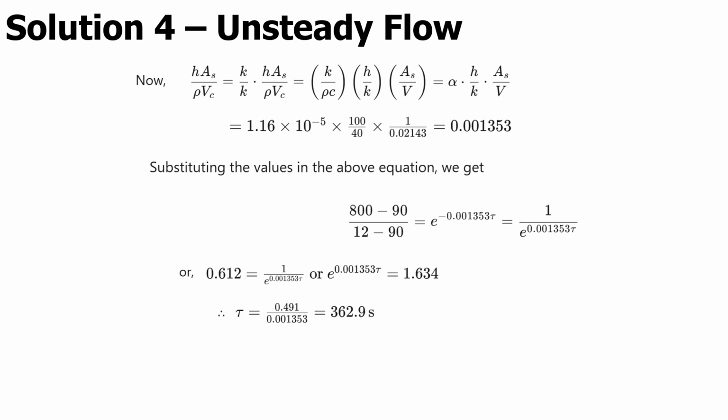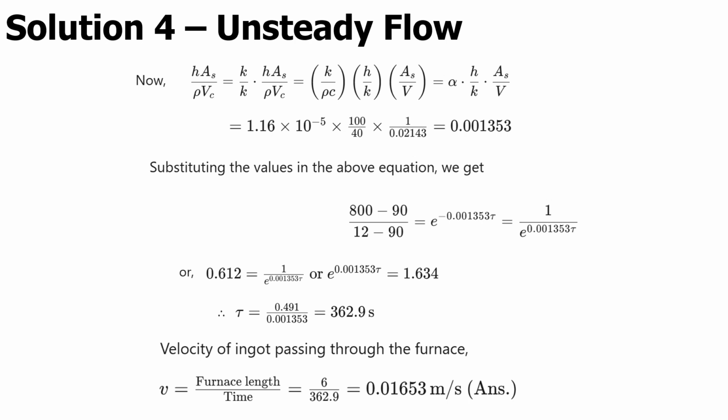simplify further to the left hand side having 0.612 and the right hand side equals to exponent 0.001353 tau. And from this, after taking logarithms on both sides, we find that the time tau will be approximately equal to 362.9 seconds. Finally, to determine the maximum speed with which the ingot should move, we divide the furnace length by the calculated time,